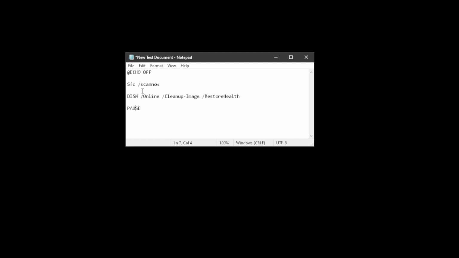SFC /scannow, and then on a new line, DISM /online /cleanup-image /RestoreHealth. I have an echo off in here and a pause, and the pause will stop the command prompt window